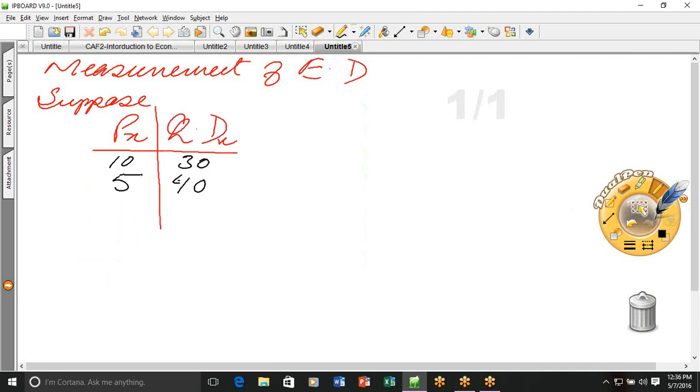For example, price decreases from 10 to 5 and quantity demand increases from 30 to 40. और वो कहता है कि calculate the price elasticity of demand by using this data. अब obviously हमारे पास data तो given है, इस के मुताबिक